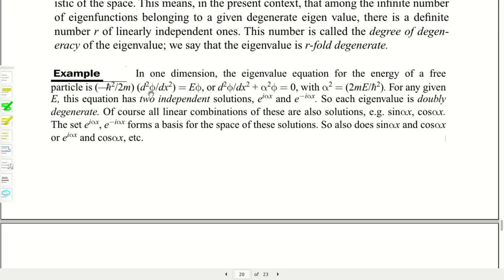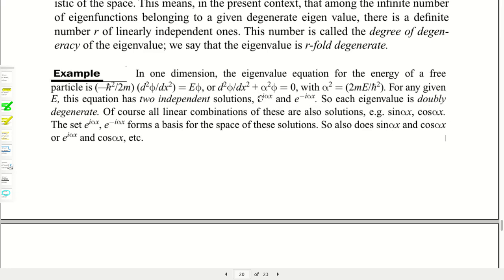equation of a wave function phi, and here all the terms are constant except x and phi. And if you solve this SHM equation, you will get two kinds of results, e to the power i alpha x and e to the minus i alpha x. But when you operate this operator d2/dx2 on this function, you will get alpha square, and when you operate on this, you will again get alpha square. So the minus alpha square is the eigenvalue, which is doubly